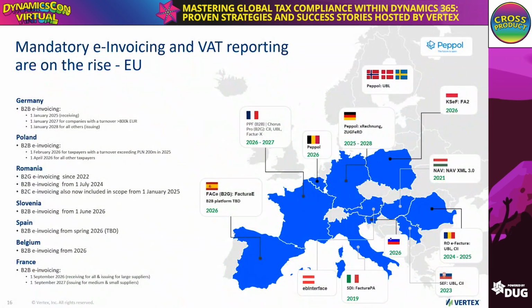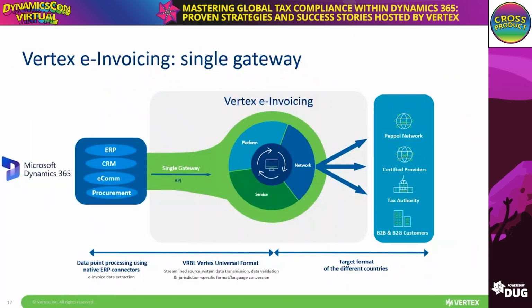Different countries have different ways that they're going about that, which also complicates that, right? So how do you have a standardized solution that can support all those different formats and methods? Vertex has that in place. We have a middleware service. It's a dashboard that's going to take in your data, and it's going to automatically transform that data into the appropriate electronic formats. It's going to communicate those to all the different countries, regardless of how they are enforcing that. So it's a one-stop shop that's really going to standardize that experience.